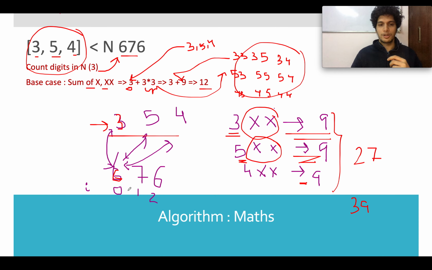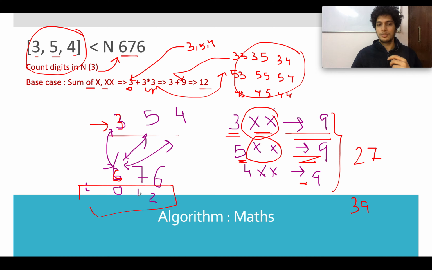The other thing that I want to talk about is how do you calculate how many permutations are possible. So you will be exploiting the value of i here. In this case i is 0, and there are two places that are to be filled in your number.